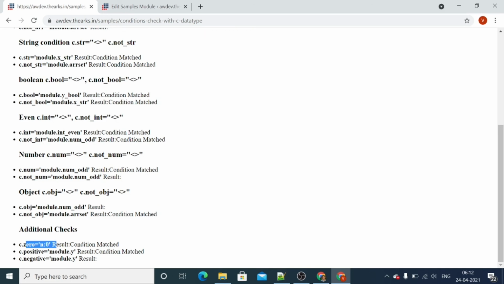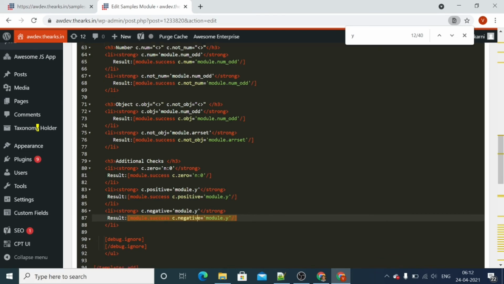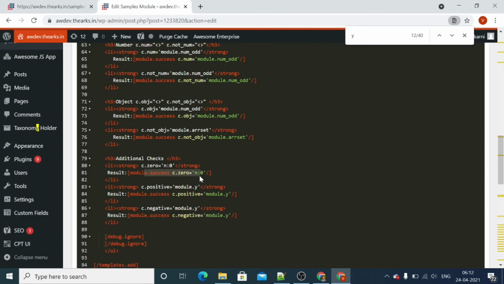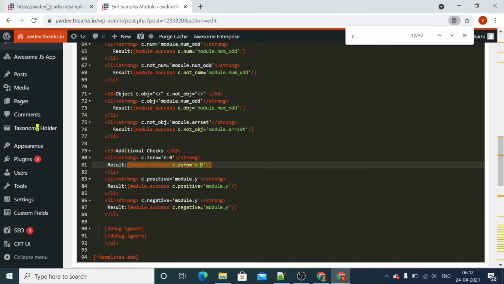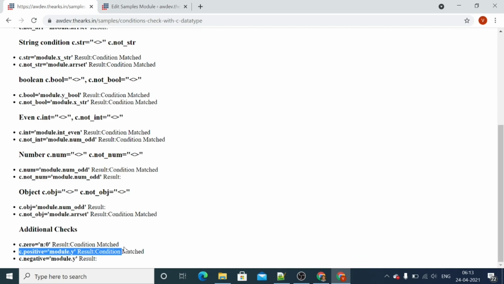The condition is matched, and we are matching the variable with n double colon 0. The condition is matched because we are comparing the 0 value, so we get this output, condition matched.